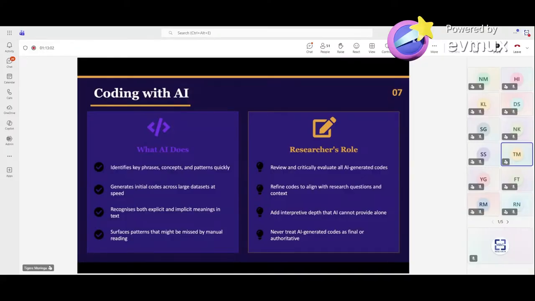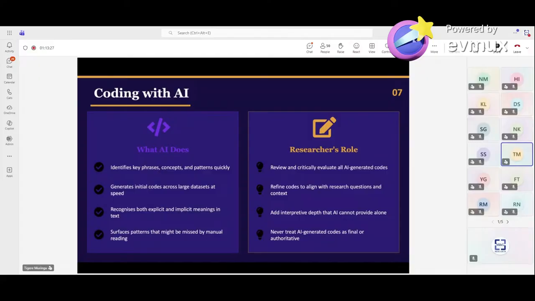What are the key nuances that are emerging from this data, right? So you need, as a researcher now, to refine these codes to say, no, let's refine them so that they align with our research questions and context. Because you know the context, then add interpretive depth that AI cannot provide alone, and